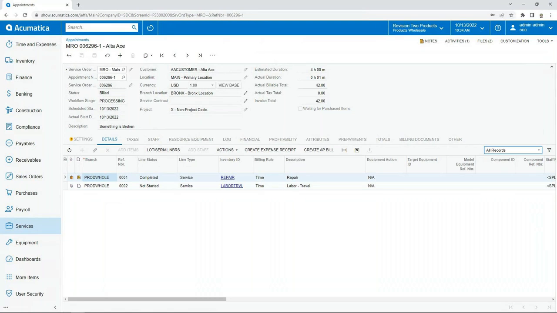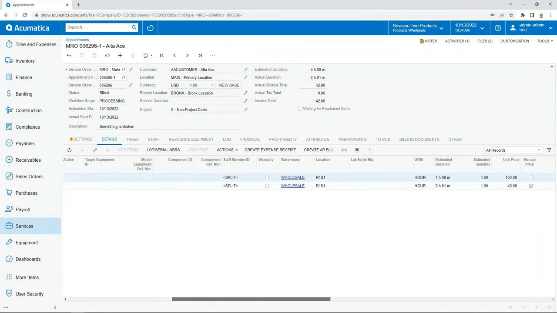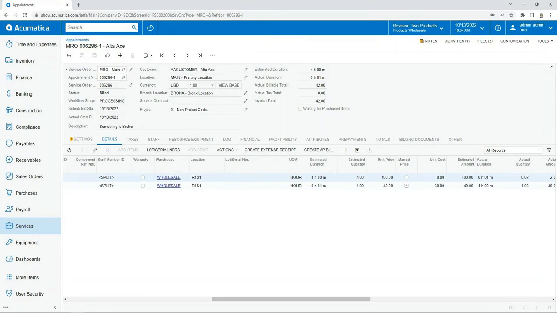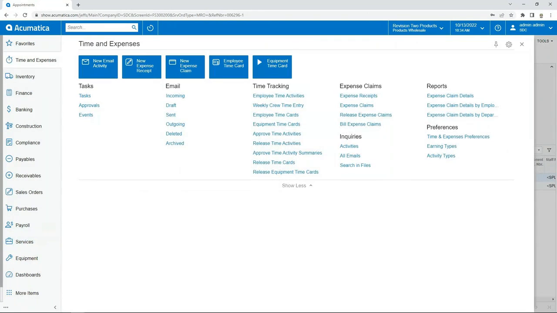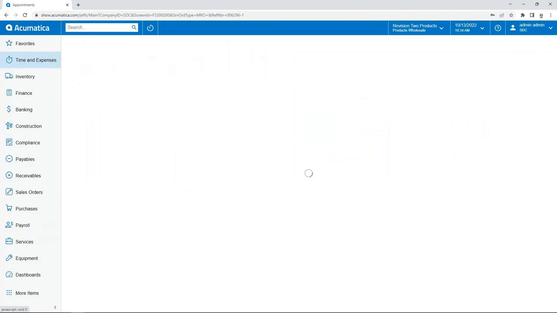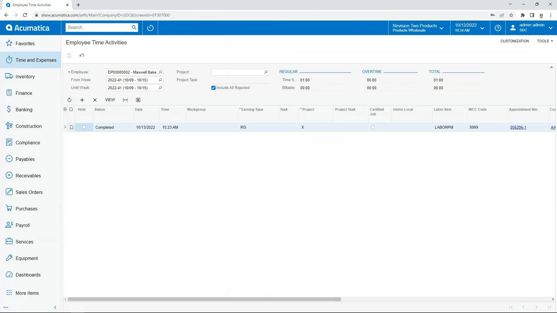Just wondering, when the service techs are tracking the hours, does that flow into timesheets too, so we're not duplicating entry anywhere? It sure does, yeah. So that labor travel right here, I'm confident in that line working. So we did the 1 hour, right? 1 hour duration. Yeah. And we have that linked over to my time and expense module right here. And it came into time and expense as an activity. And so we'll probably see the 2 minutes for the top item and then 1 hour for the other item that's in here. So let me,